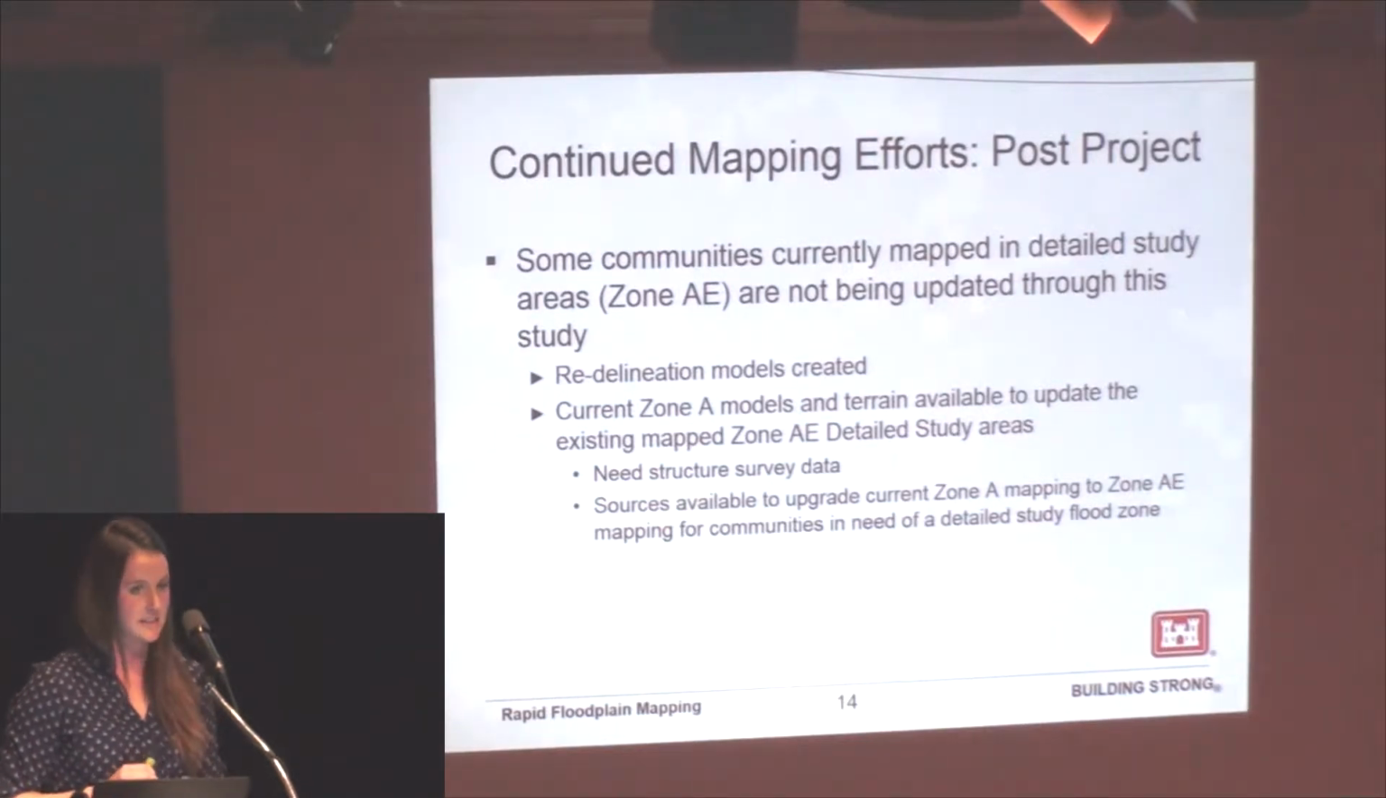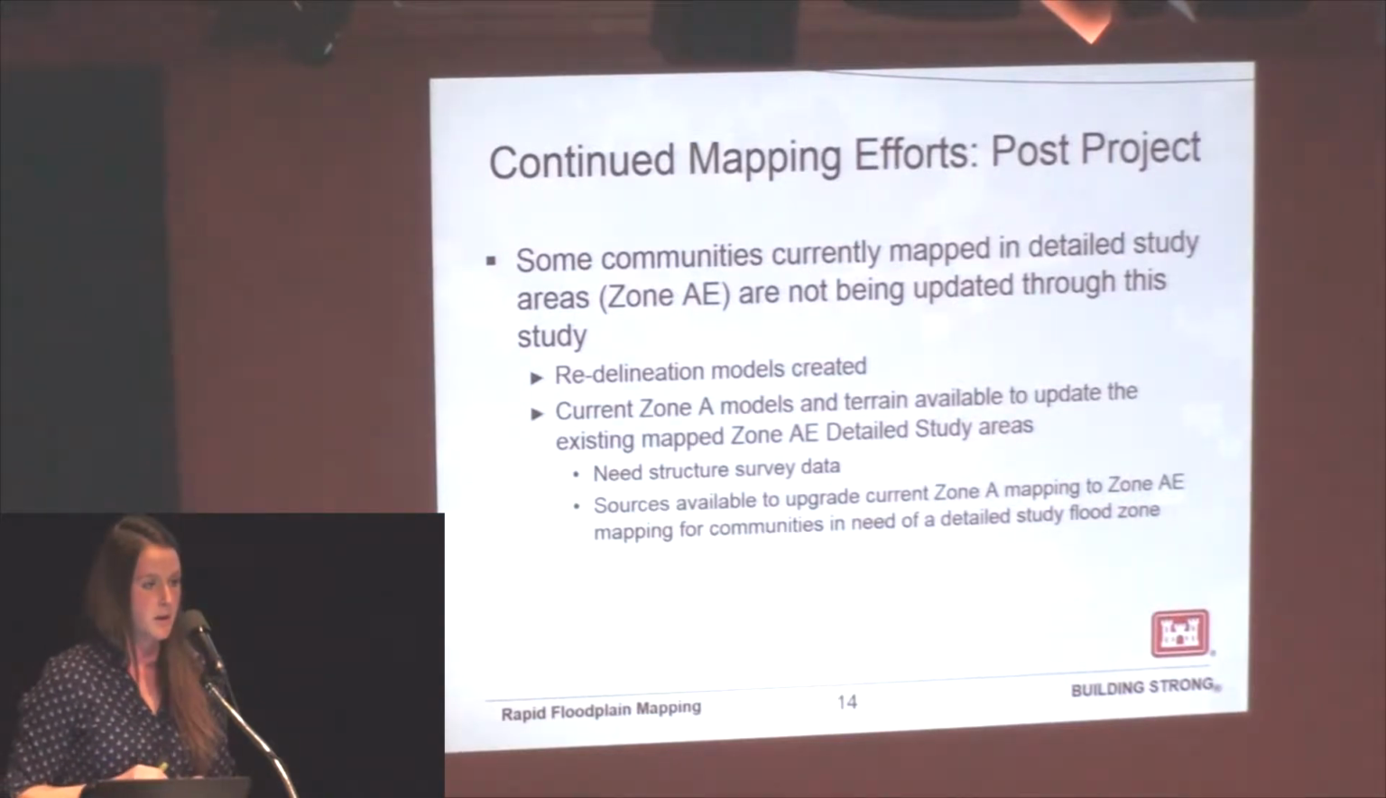And so in the case of Ida Grove, you guys had seen that that map is over 40 years old. So there are some communities that actually need to be remapped and need to be updated, more so for the fact of making risk-informed decisions, having the best available data. And so we created redelineation models, and those kind of helped, but we also have current Zone A models that have the ability to